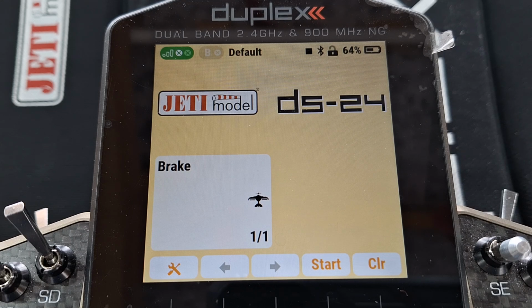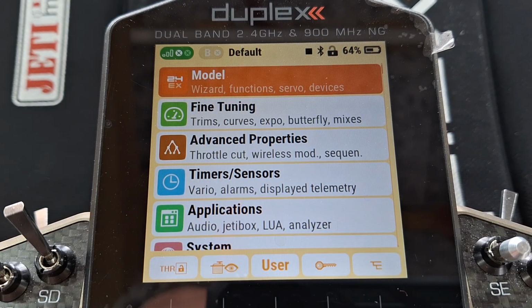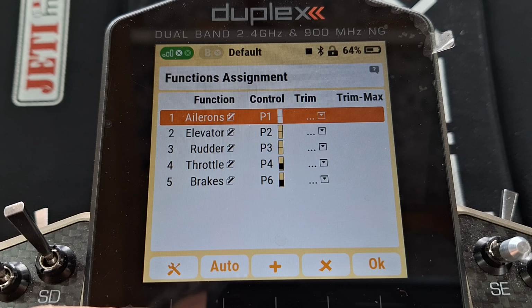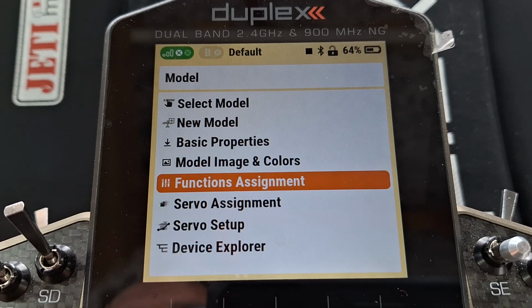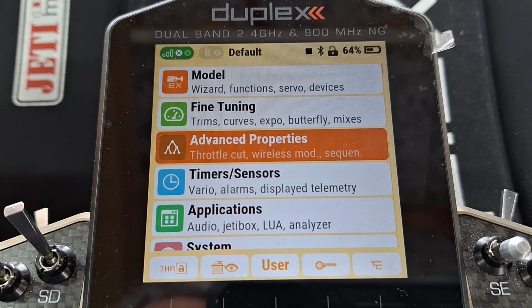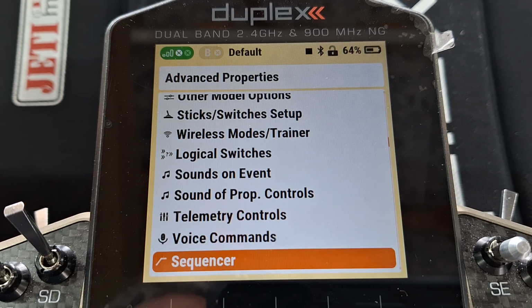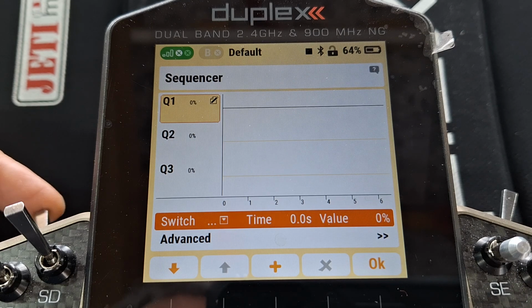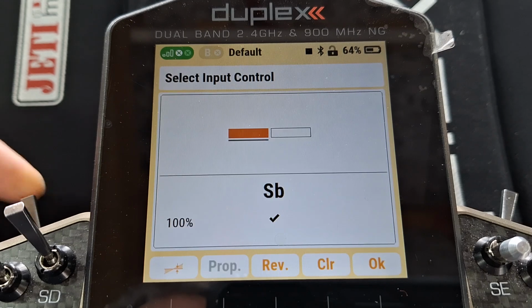Here's how. We'll just use a sequencer to mix in a little bit of brake for a moment. So what setup have we got? If we go into the model function assignment, you can see I've got my brakes on the P6 slider at the side. You might notice I don't have a gear function in this. I don't need it for this demonstration because we're working off the switch, not the actual gear function. So we go to Advanced Properties, Sequencer. We'll use Sequencer 1. The switch will be the gear switch. So I'll select that, switch gear, switch up,